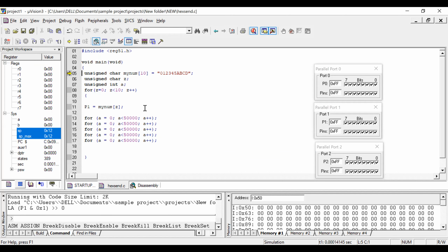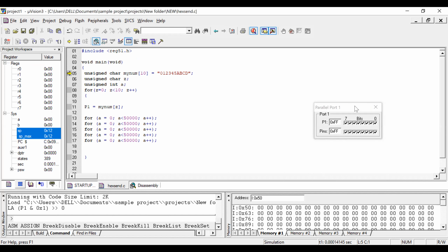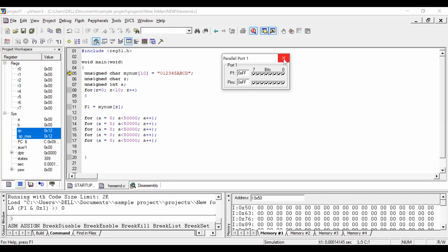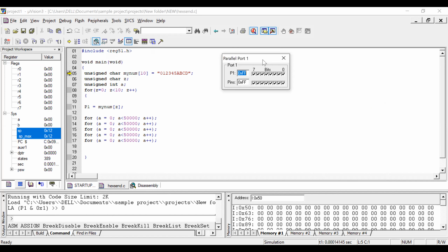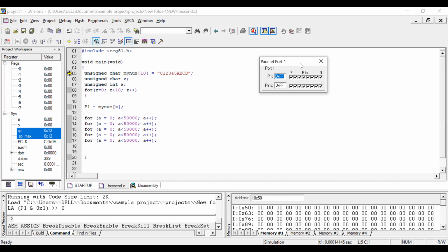As per my program, I require port 1, so I'll remove the rest of the ports. By default, they are opening, so you cannot see that port. Just go to Peripheral, Input Output Port, Port 1. Click on that and you can see the port.